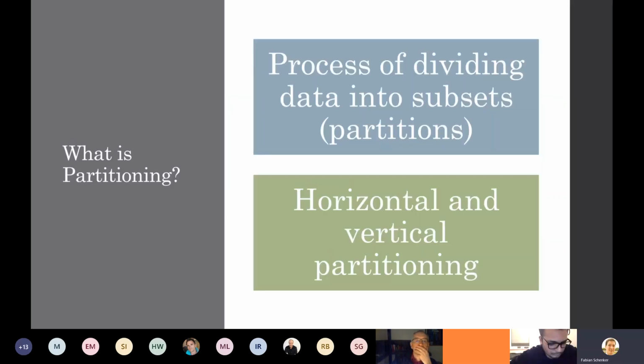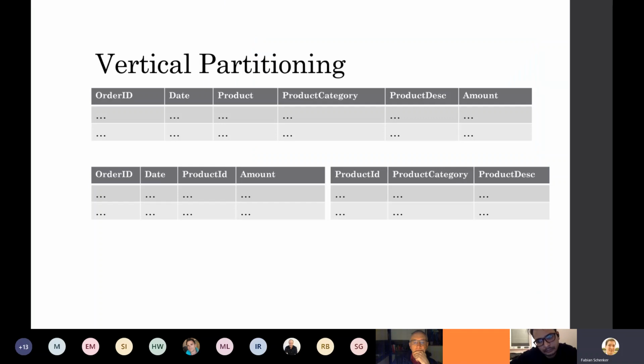Okay, so let's dive into the partitioning topic. So what is partitioning? Partitioning is basically nothing else than the process of dividing the data into subsets, into partitions, or other kinds of forms. And there are actually two kinds of partitioning: horizontal partitioning and vertical partitioning. The vertical partitioning we do quite often, but we don't really recognize it as partitioning. You have a huge table with a lot of columns, and it takes up terabytes of disk space,